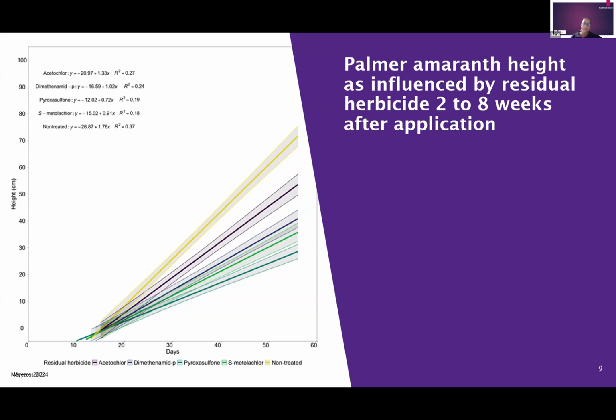So this graph here is kind of an overview of the findings. And so what I want you to see here is that top yellow line, that is the non-treated control, and we were measuring pigweed height. Okay, so that's the maximum amount of growth, the least amount of weed control we saw in those plots. Now, if you go to the other end of this, that teal line at the bottom is Zidua. Okay, so the least amount of total growth over the course of the study,